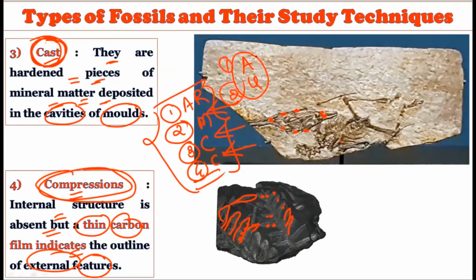Okay, so this type of classification is there, and this type of classification is also there. You can follow any type of classification, but this is important because UPSC can individually ask you about the molds, or they can individually ask you about the actual remains, and that is why it is very important to cover all kinds of classification of the fossil.